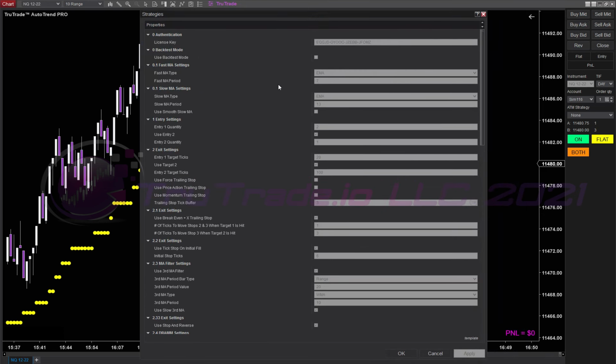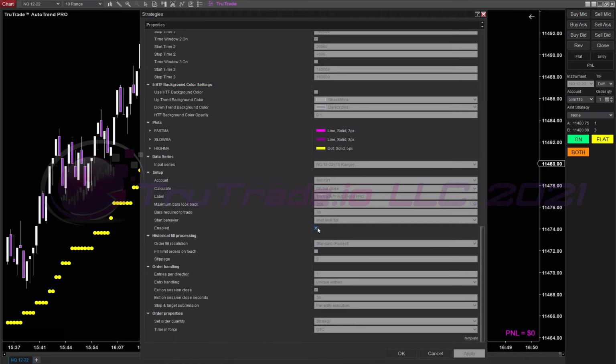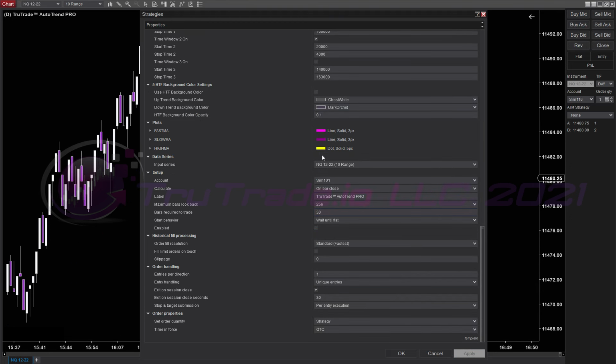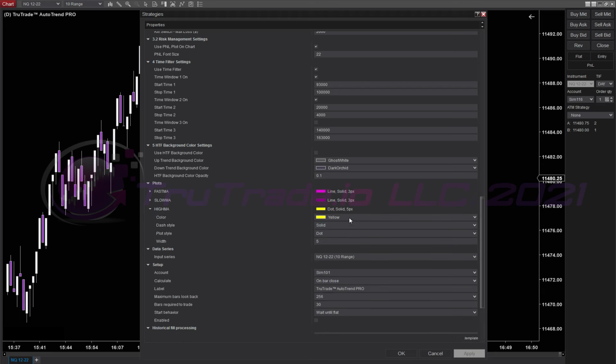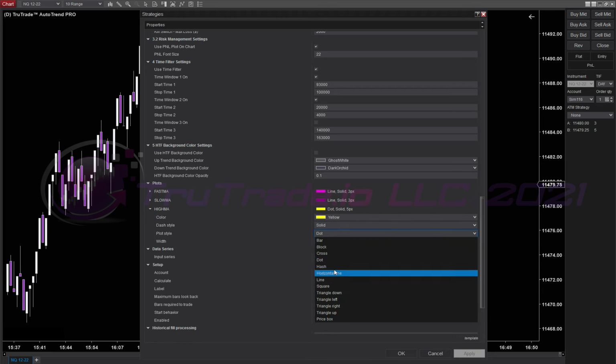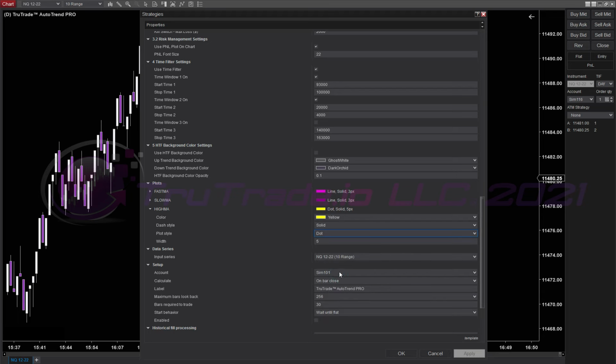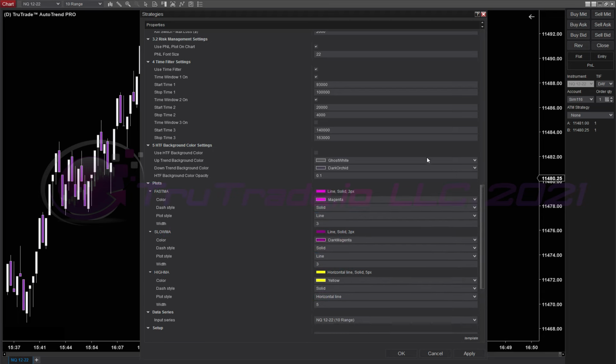So we're going to go ahead and turn on the plots. So we have the high MA as a dot plot here. So I'm going to go ahead and change this to a dash. Or actually, let's use just a typical horizontal line. So, okay. So I'm going to take this now and show you guys how to configure this. So let's say we have, let's use the slow MA as,